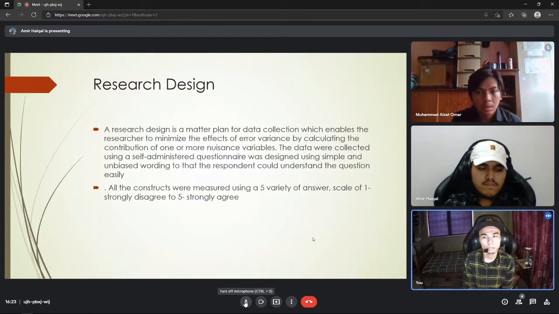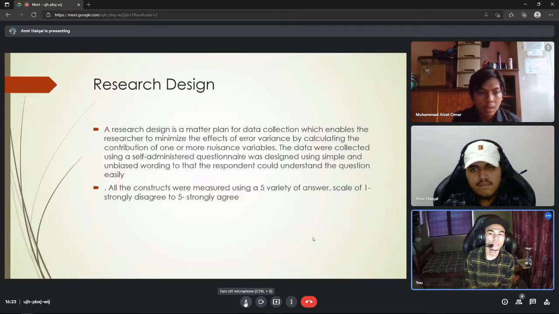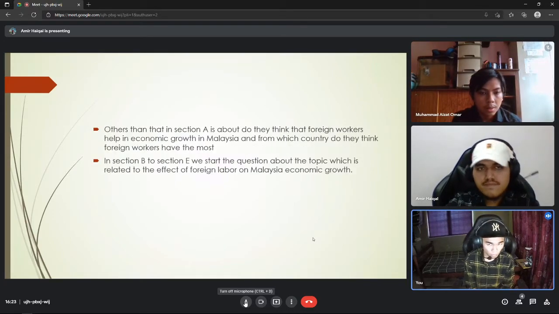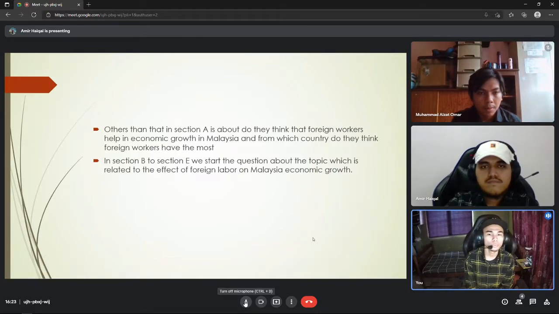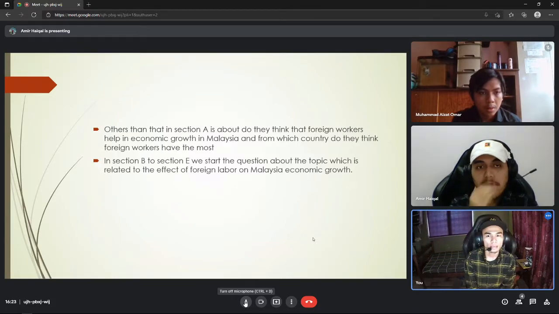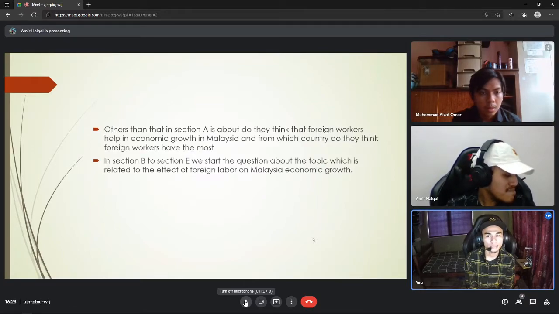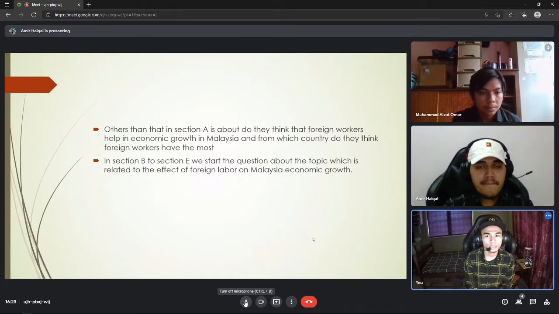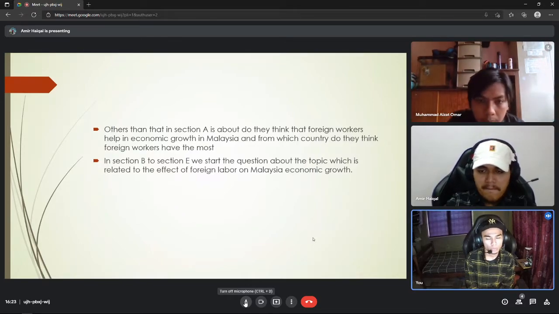All the constructs are measured using a five-point scale, from 1 strongly disagree to 5 strongly agree. Other than that, section A is about whether they think that foreign workers help in economic growth in Malaysia, and which country they think foreign workers come from the most. In sections B to E, we start the questions about topics related to the effect of foreign labor on Malaysia's economic growth. Next,